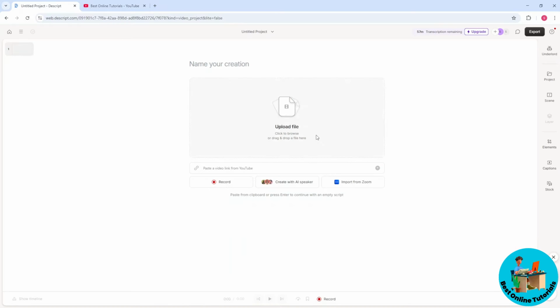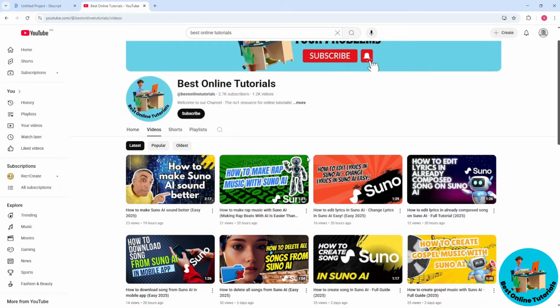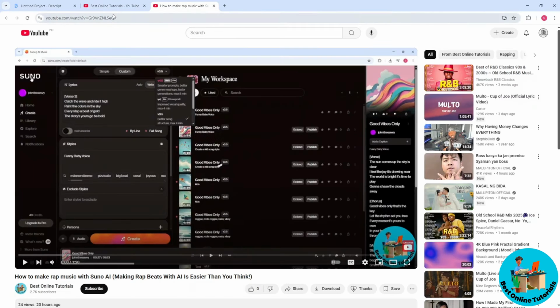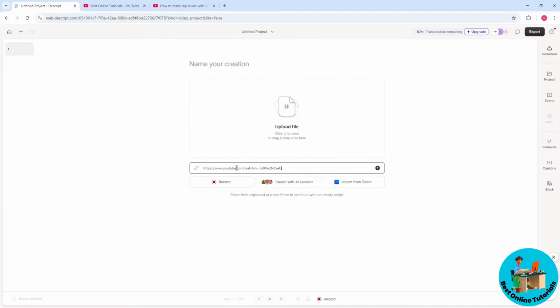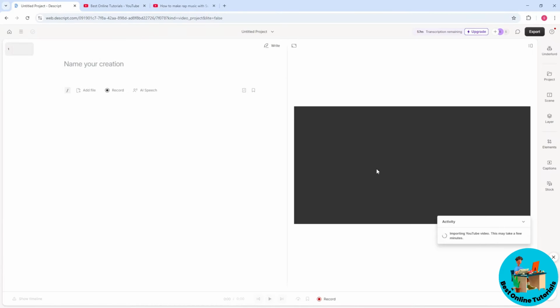And after that, you could either upload a file or paste a video link from YouTube. So let's say I will use one of our videos as an example, and you could just simply copy the link and paste it over here and click on this send icon. And after that, just simply wait for it to be uploaded into Descript,